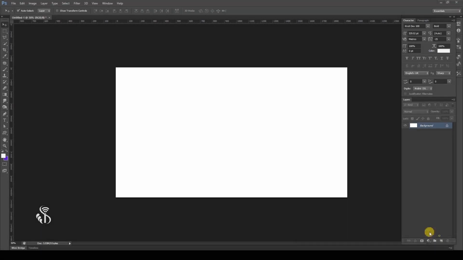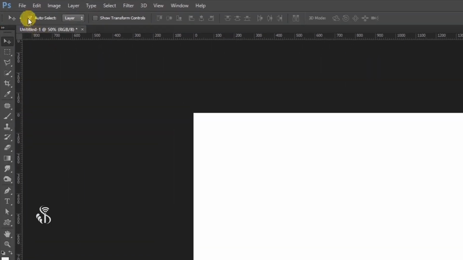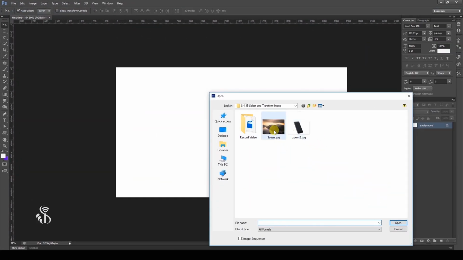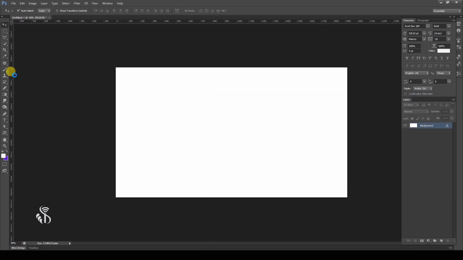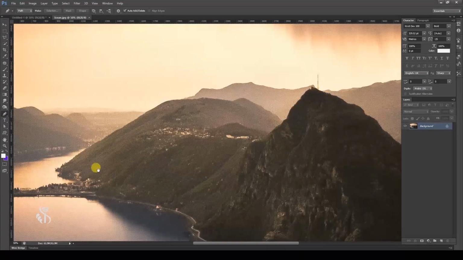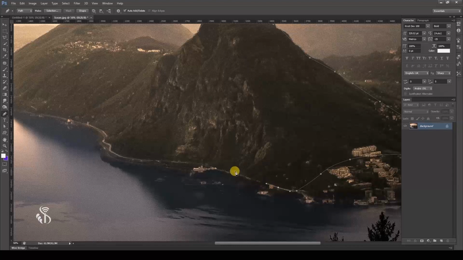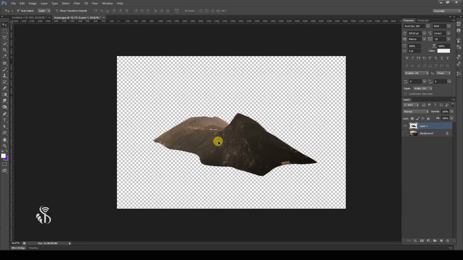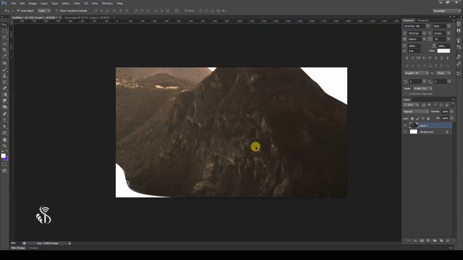Adding an image. If you would like to have an image on a page, then use the command Open from the File menu. Select the path of the image and click on Open. If you are interested only in a certain part of the image, then select that part using the selection tool and drag it to the work area. When we add an image to the work area, then a new layer is created for it.